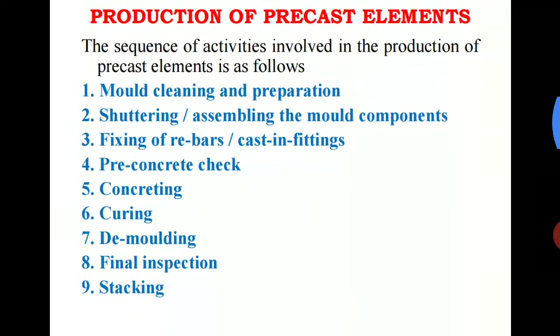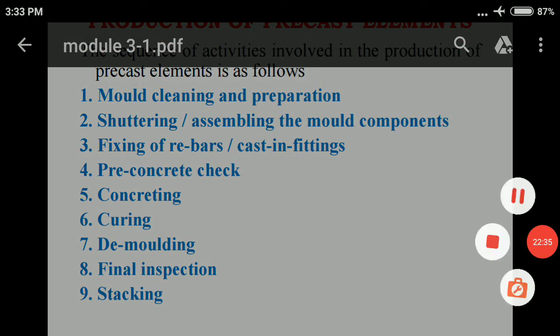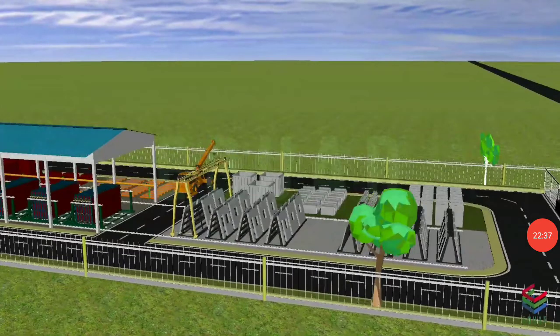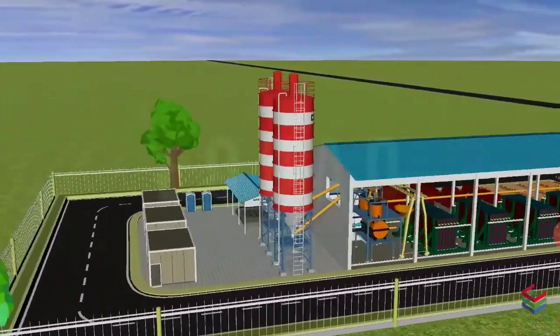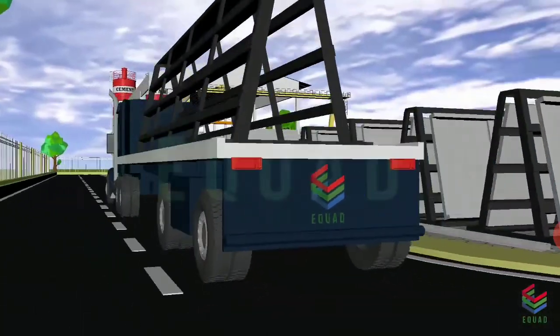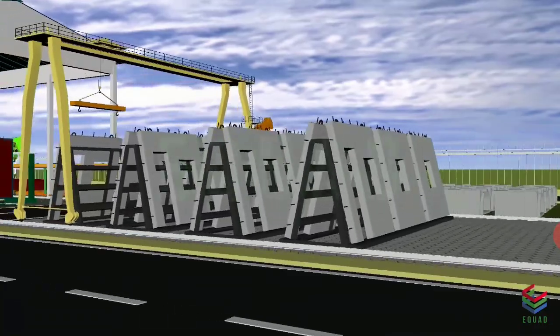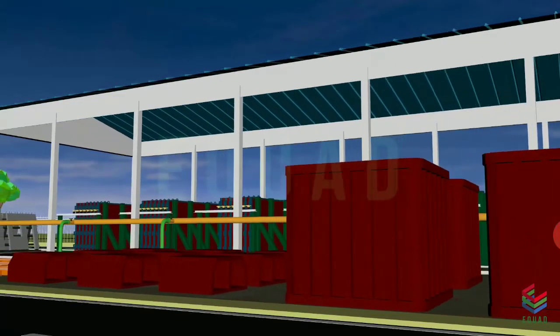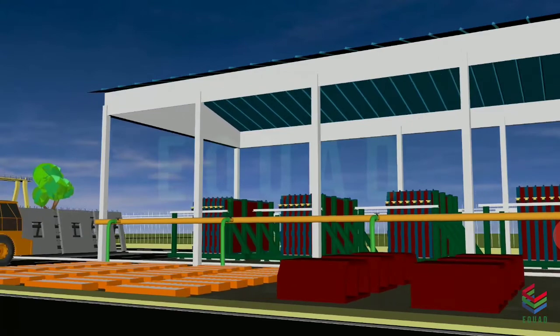So these all are the production of precast elements parameters, right? In this video you can see how exactly in the manufacturing site they are going to produce these different elements. So this is the transportation vehicles. Here you can see the storage yard of those elements, right? These are the vertical elements, and how exactly they have stored them. These are the molds which are required to manufacture the vertical elements,